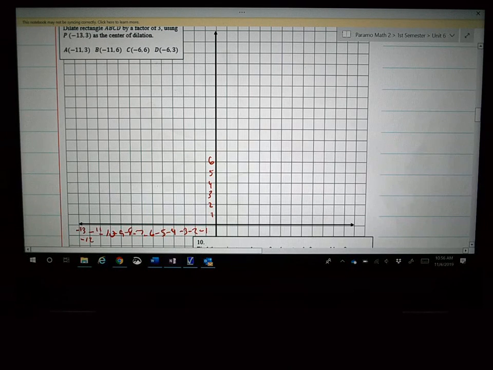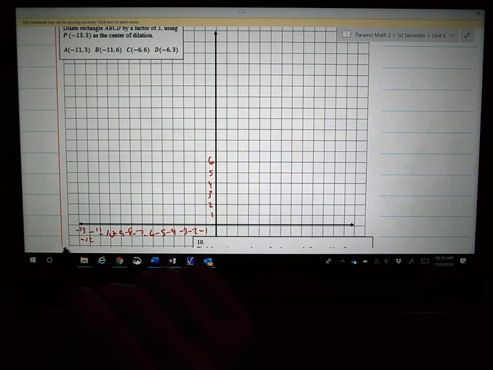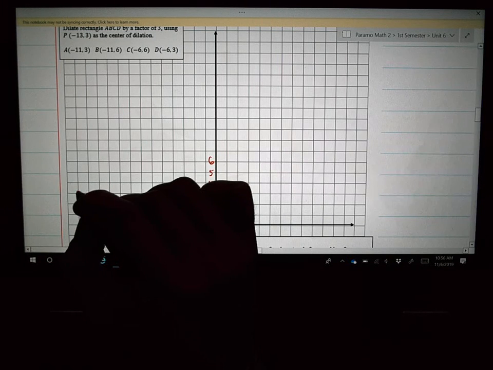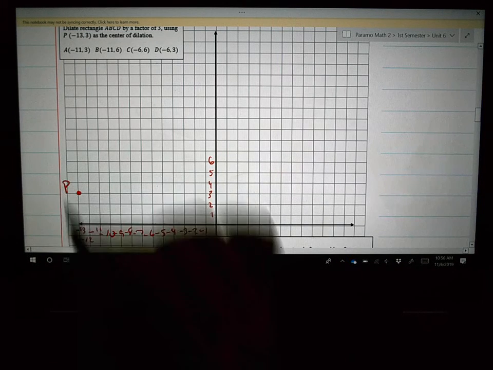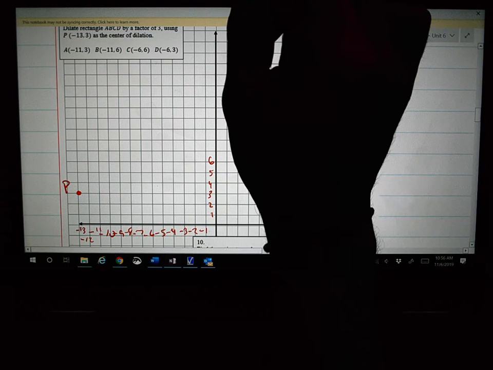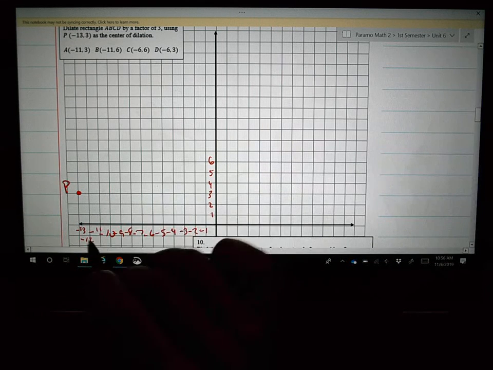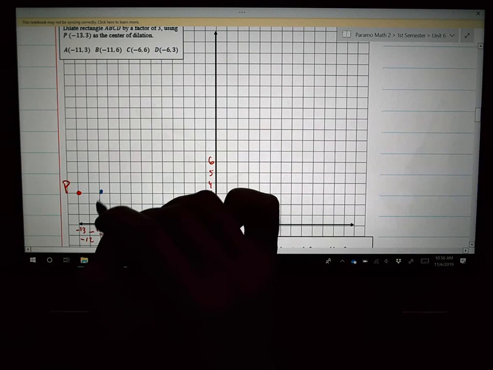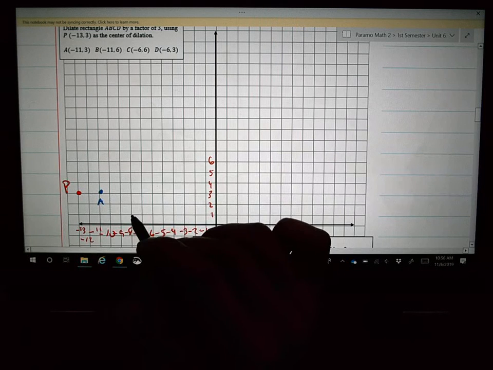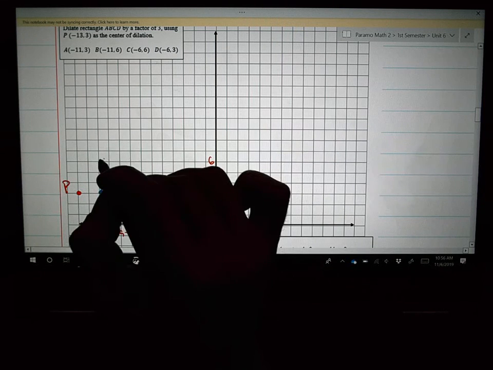I need to figure out where point P is. Point P is at negative 13, 3. I'm going to put a dot there and put the point P. That's your center. I'm going to figure out where A, B, C, and D are. It's going to make a rectangle, it says. A, B,